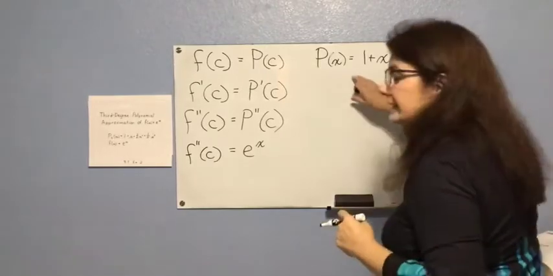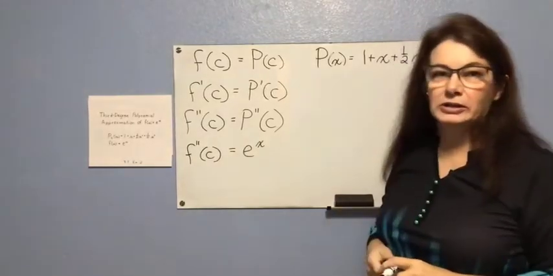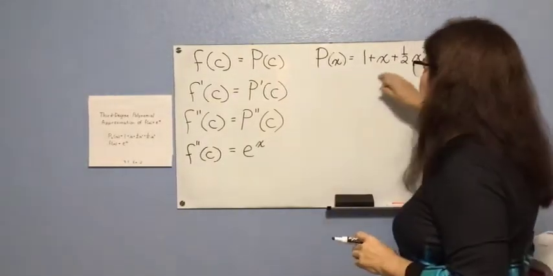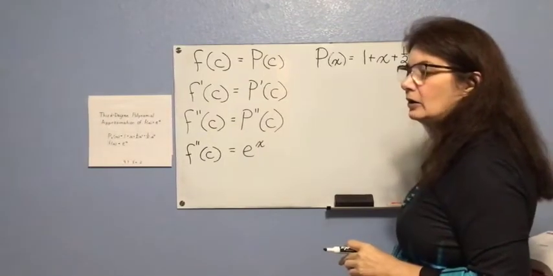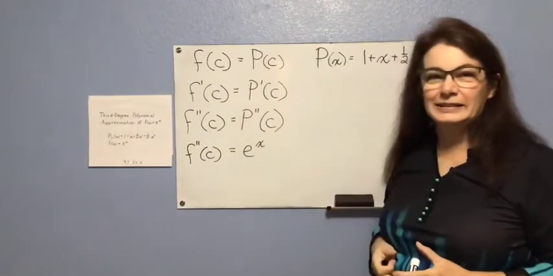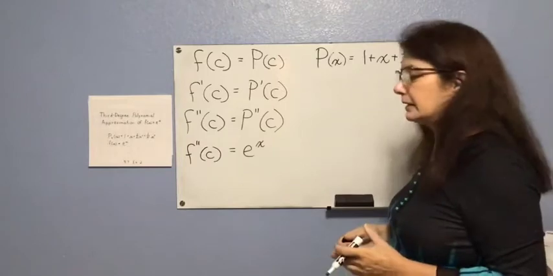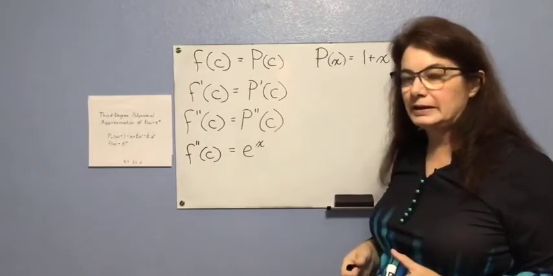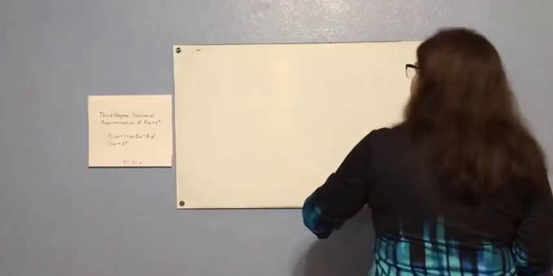So now this is a second degree approximation, and you probably can tell this is a quadratic function, so at least it's got a little bit of a curve to kind of match the curve of e to the x. In general,